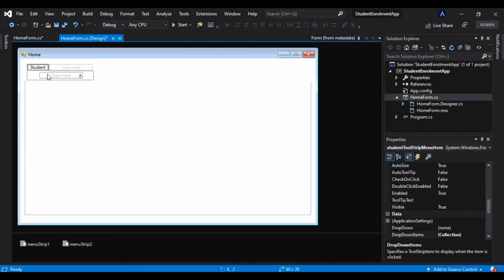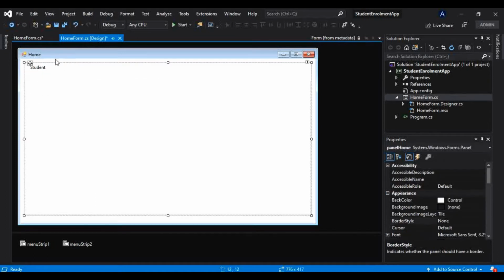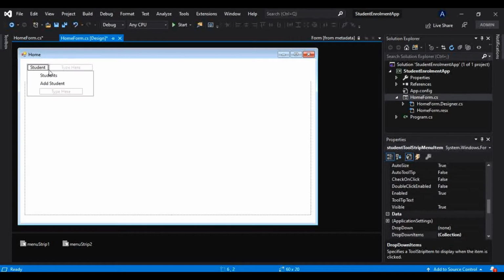Below that heading, that is below that menu, these are the menu items. I want first Students, and second, Add Student. So these are the menu items inside this Student menu. If I click on Add Student, I should be redirected to a form where I can add a student. And if I click on Students, I should be redirected to a list of students we have in our database. Okay, so this kind of thing I want in my application.